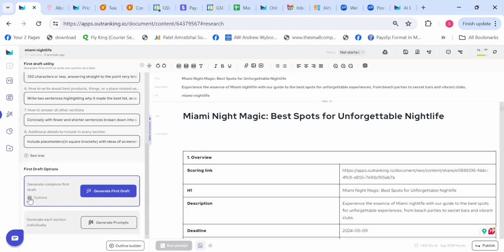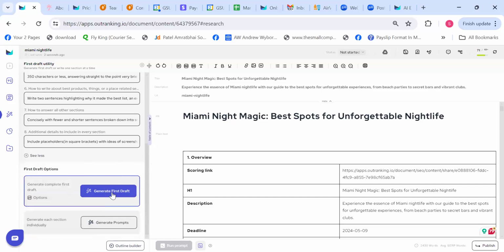And once you do that, make sure that you put a check mark on both of these options: generate optimized first draft and generate originality suggestions. Because once you do that, it will generate at least 60 to 70% of an optimized draft for you already, which will target all the important keywords and everything. And originality suggestions will be generated based on Google's EEAT guidelines.